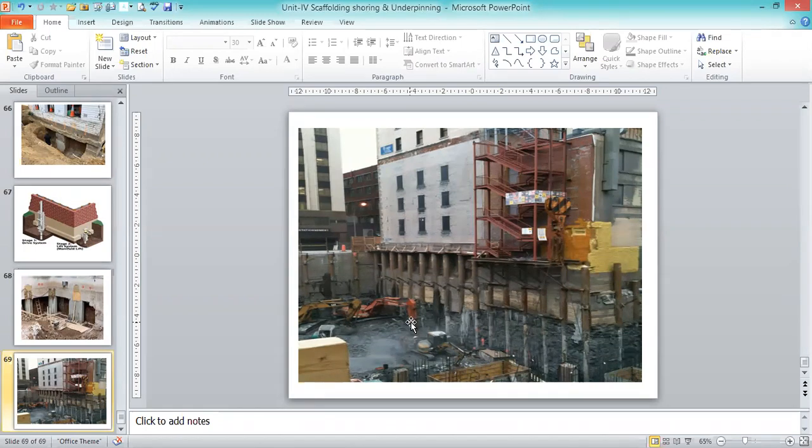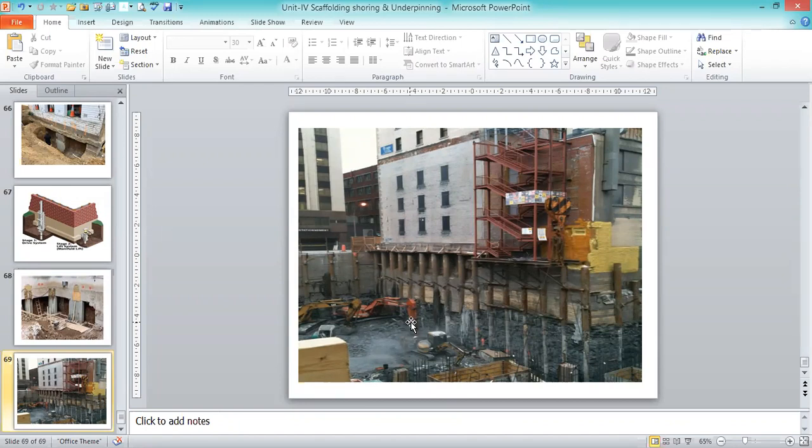Those are simple topics we can understand very easily, whereas these are topics we have never seen. We have to go through the diagrams and see physically, at the site, where they are done. If you visit the site and see how they are carried out, only then can you understand. Visualization is very important for these topics. Shoring and underpinning are somewhat tougher, and visualization is the most important.